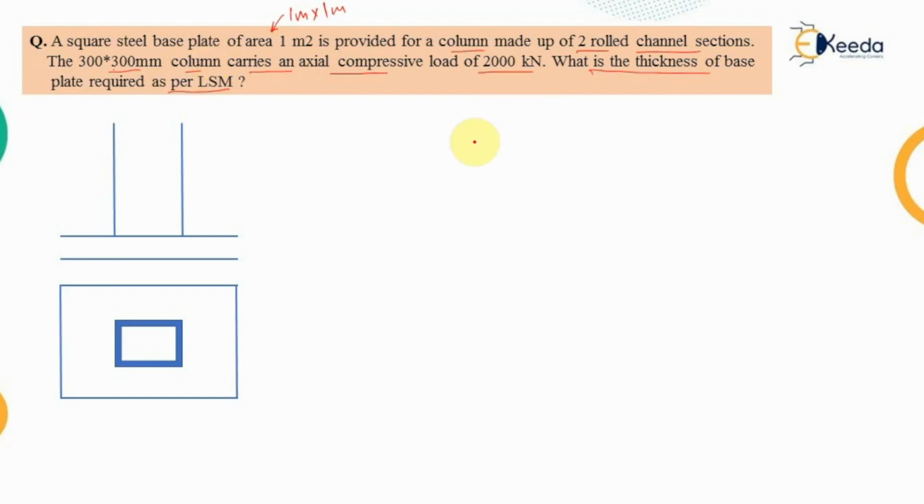Now in the question, a slab base plate of 1 meter by 1 meter is provided. If in the question itself it was not given that the base plate is a slab base type, then we would analyze it from the compressive load. Since in the question only axial load is acting and there is no bending moment, that means the load must be of lighter category. Otherwise, if there is some eccentricity or the load is heavier, then a gusseted base will be used for transmitting the load.